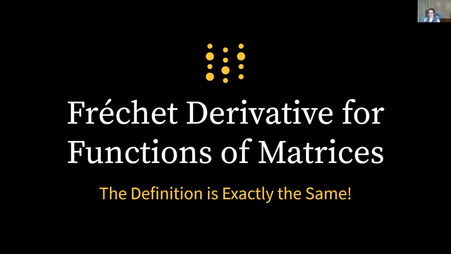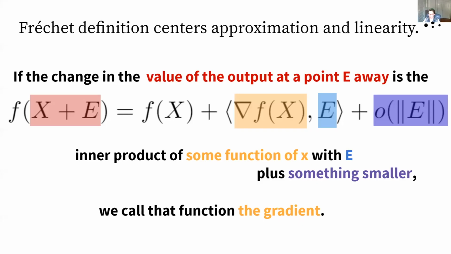So lastly, we can use this to do derivatives of functions of matrices, and the definition is exactly the same. And this is, I think, the real killer app for the Fréchet derivative. I've found that every other approach just falls apart, gets much more complicated, really difficult to follow when it comes to functions of matrices. And I really suffered through trying to calculate derivatives for things like linear regression, when these should be things that we can do pretty quickly and easily, and the Fréchet derivative lets us do that. So it's literally the exact same definition, but now with capital letters, because people like to use capital letters when they're working with matrices.